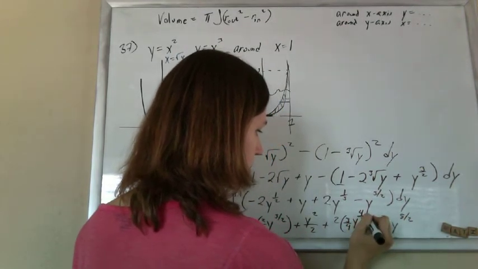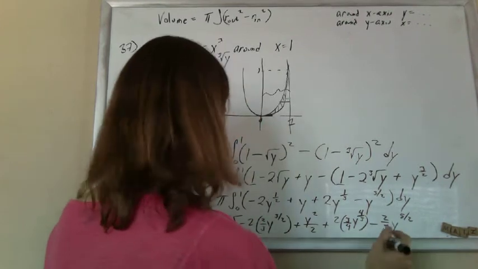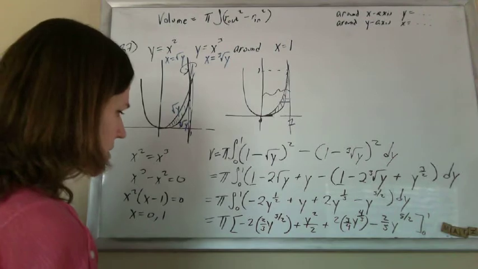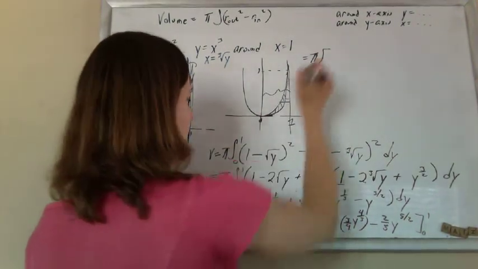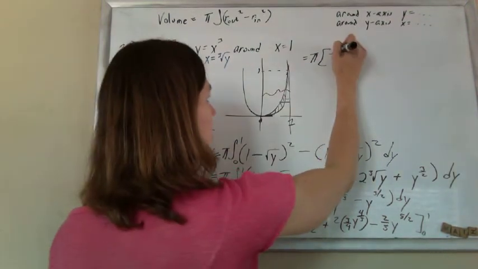And that 2 should have stopped there, right? And so this from 0 to 1, thank goodness we have a 0 and a 1, right? That's okay. So we'll put in that pi, and if I plug in a 1, I'm getting negative 4/3